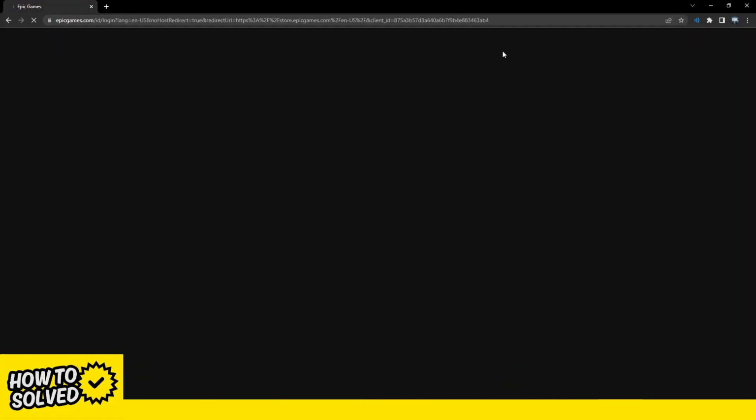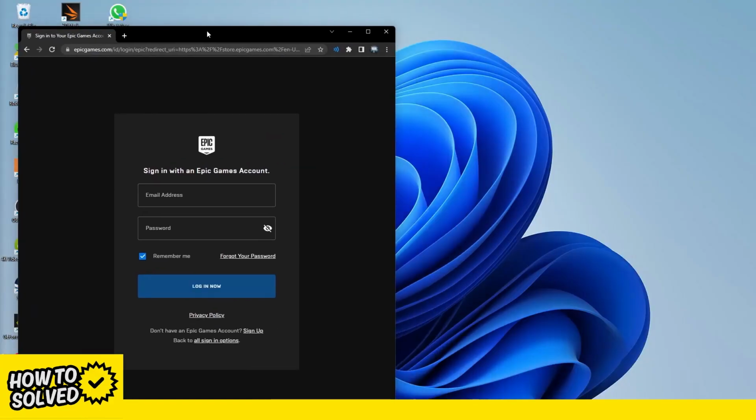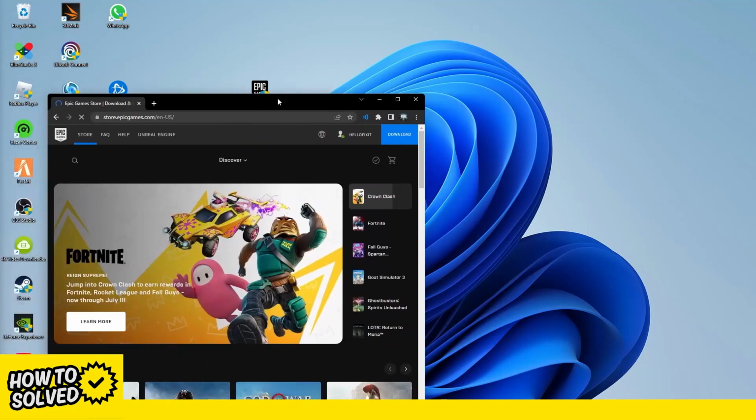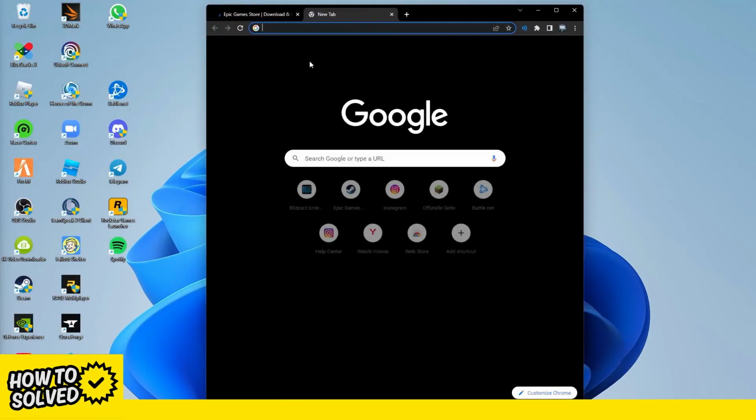I'm just going to do that real quick. Sign in with Epic Games, and I'm just going to do that on my second screen so that I don't need to blur anything afterwards. Perfect. And then when you're logged in, just open another web page that is called